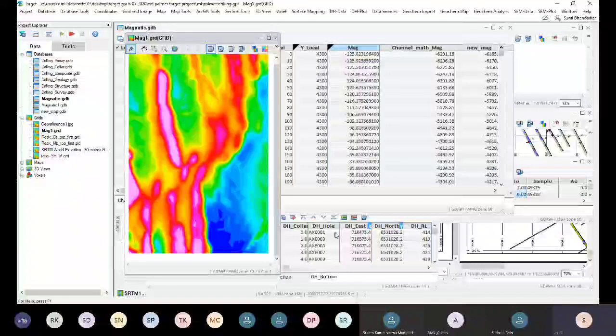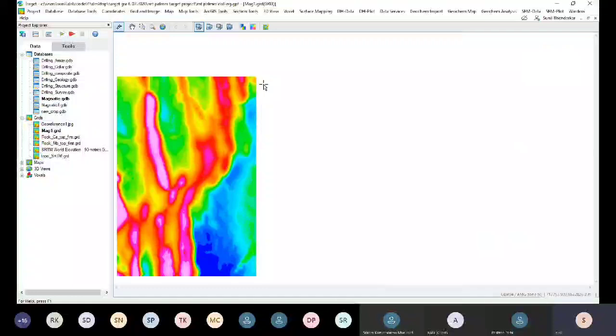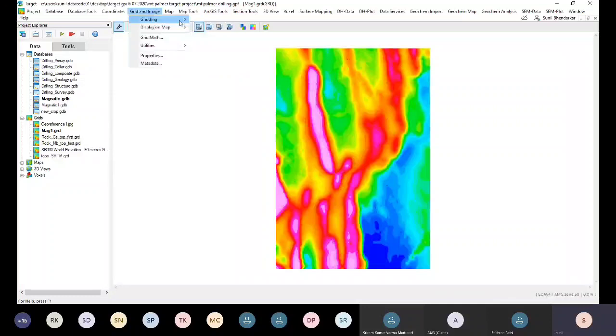As you can see, this is basically a magnetic grid of your data. Now the same thing I will create by using kriging.